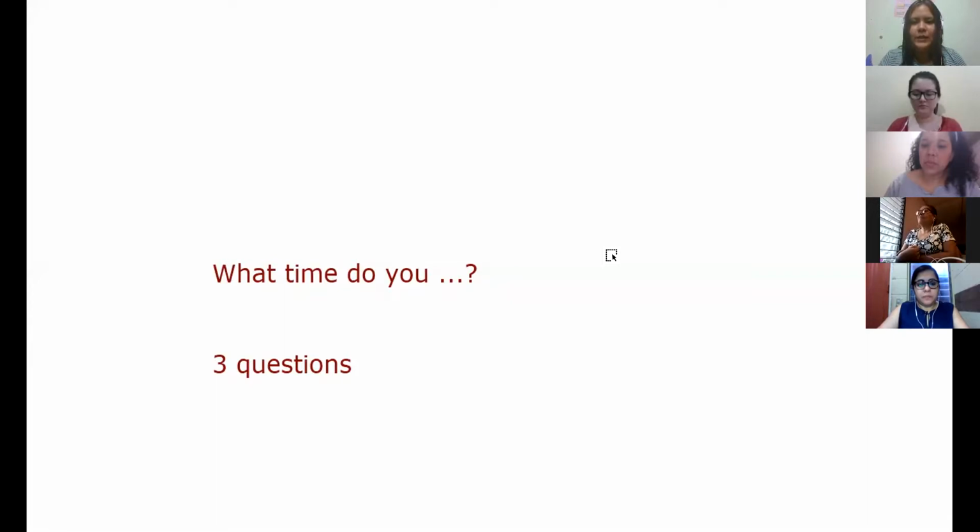So let's practice time expressions and we are going to work in groups right now, okay? Let's work in groups and make questions. You are going to have 10 minutes to have interaction with your partners, okay? Everybody talking in English. Don't talk in Spanish in this activity, please. English only. Let's work in groups.